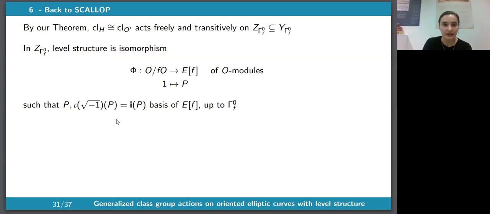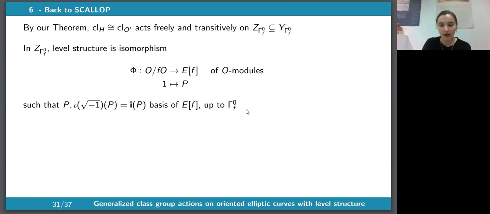the level structure is an isomorphism of O modules. So to specify such an isomorphism, we need to fix the image of 1, which will be a point that needs to satisfy the condition that P and I of P, where I is the image under the orientation of square root of -1, a generator of the orienting order. So we want P and I of P to be a basis of F torsion, of course, up to gamma 0 F